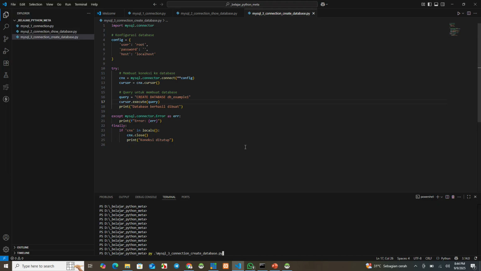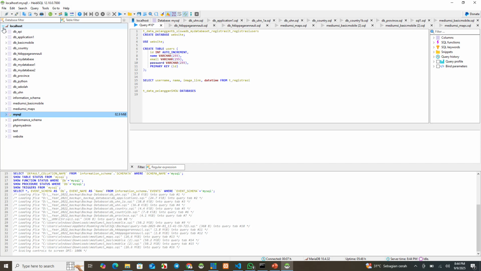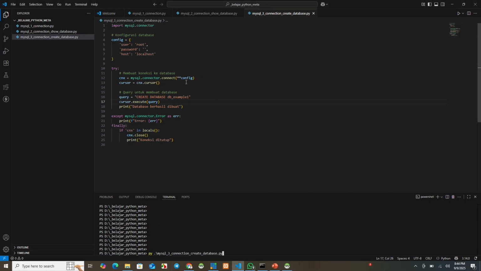Save first. See this one, DB example1, there is no DB example1 database here. Now we run this to create a database named DB example1.